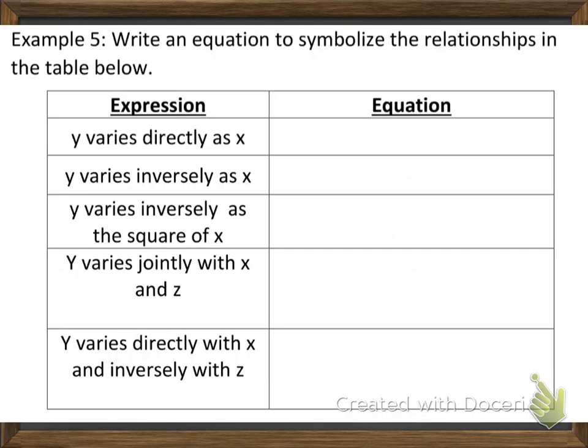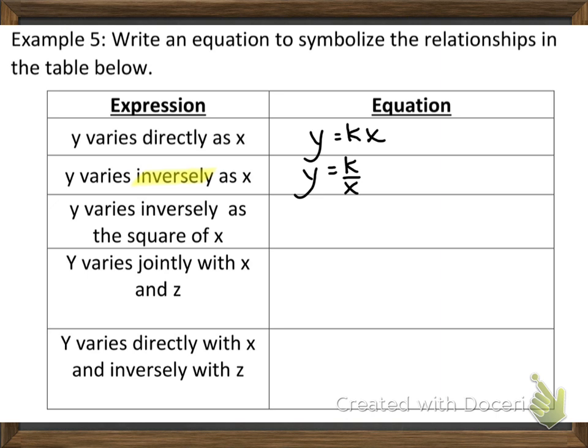Example 5: write an equation to symbolize the relationships in the table below. Y varies directly as x. So in the last video, we learned that this is y equals kx. Now, however, we're introducing a different word, which is inversely. So how do I express the idea that y varies inversely as x? Well, that means that x has to go in the denominator. So we have y equals k, not k times x, but this time k divided by